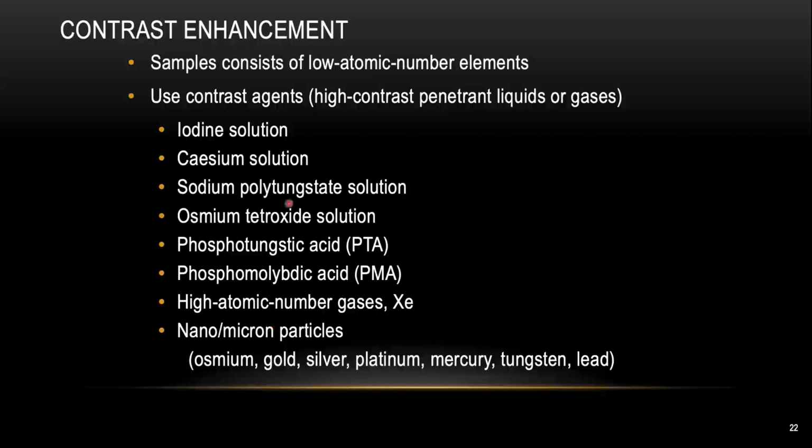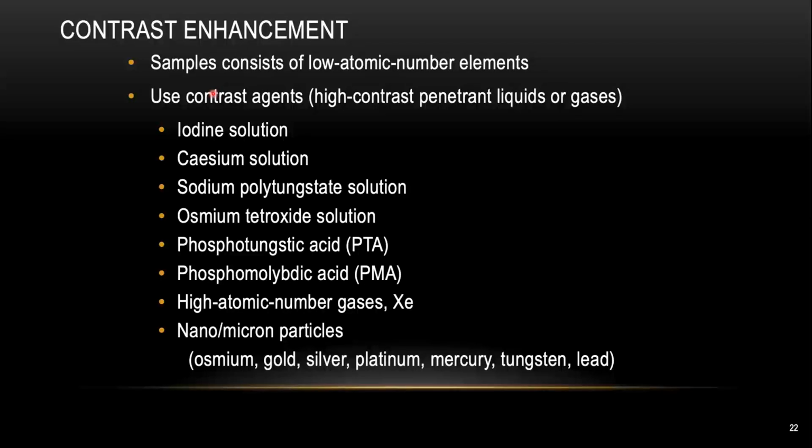So again, this is a couple of contrast agents here. You can see most of the contrast agents we actually borrowed from electron microscopic imaging. Iodine is the most common contrast agent we have been using here due to its simplicity and also low toxicity. So a lot of the time, for instance, for some biological tissue, we might just immerse the entire sample in some iodine solution for a couple of days. Then dry it and do the imaging.